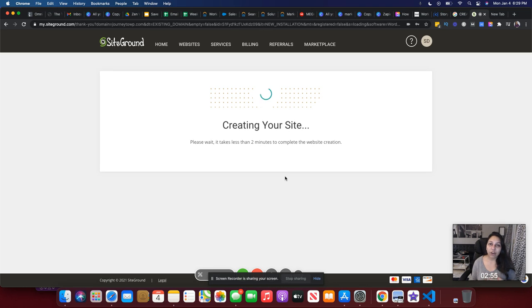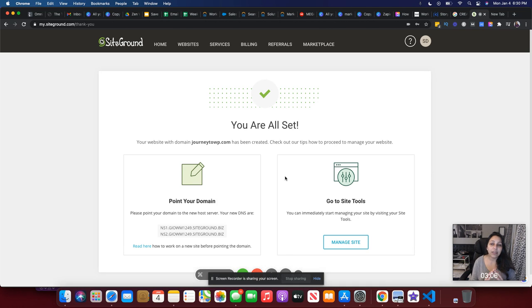So generally, if you're using some other hosting platform, you might be able to redirect your domain from Namecheap to that particular hosting without creating a site. But on SiteGround, you first have to create your site, and then it gives you these details to point your domain. So if you bought a domain from Namecheap or GoDaddy or something like that, you will have to use these DNS name servers to then redirect your domain to